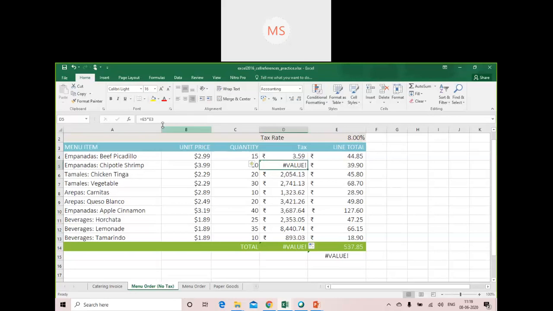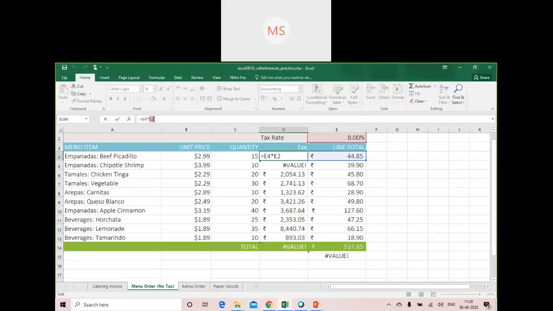When I come here, it becomes E5 multiplied by E3, and E3 does not consist of the tax rate. Why has it happened? Because I used a cell reference known as relative referencing, where the reference changes across the rows and columns the moment I move it.